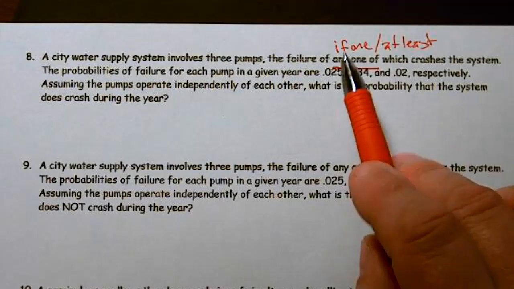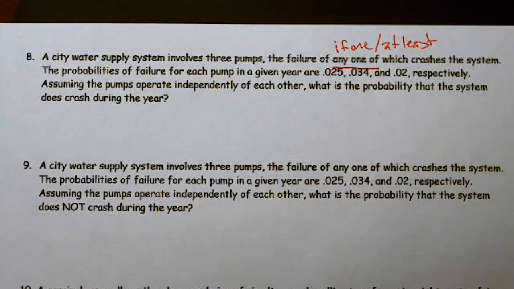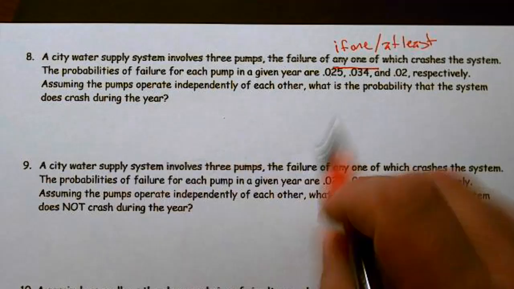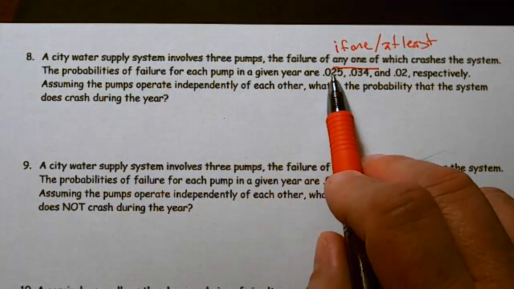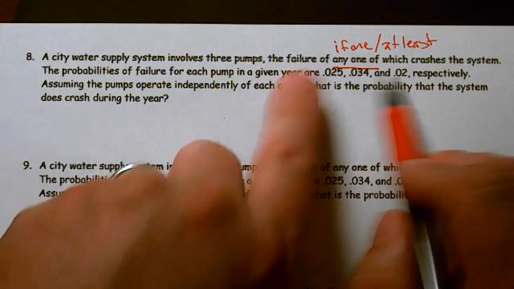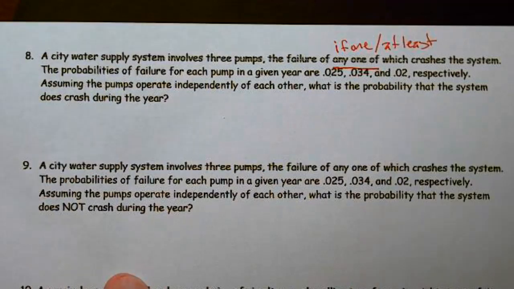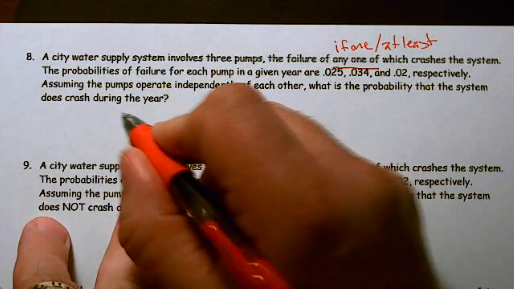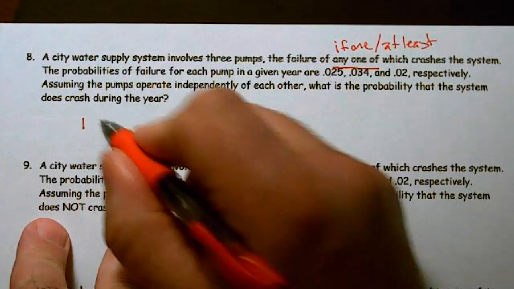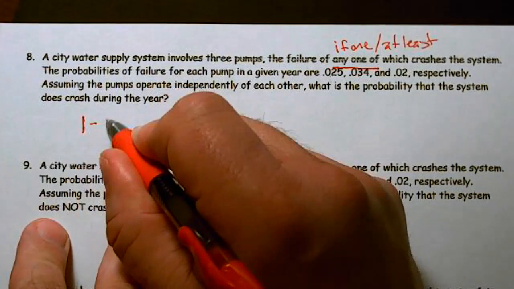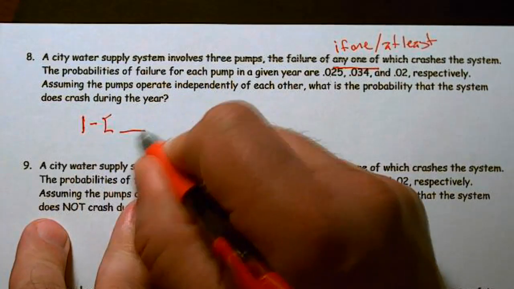Well, remember, at least is that keyword for doing a 1 minus. So I need to know if this one crashes, it crashes. If this crashes, it crashes. If any combination of 1, 2, or 3 crashes, it crashes. So I need to do the at least, which is the complement, which is the 1 minus scenario. So I'm going to be working with the probability of it not crashing. So 1 minus not crash,